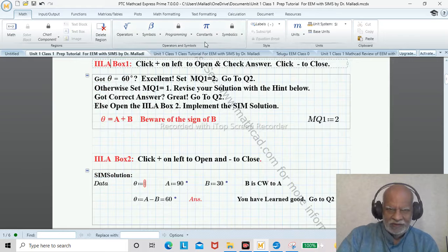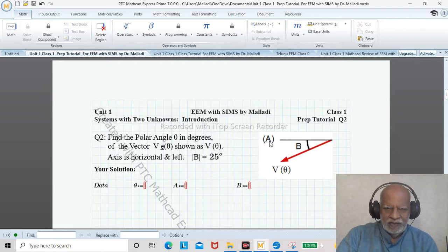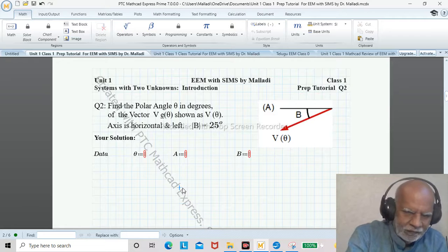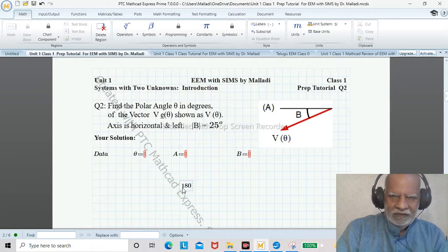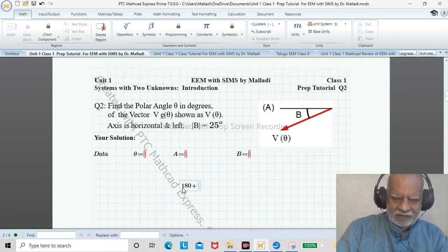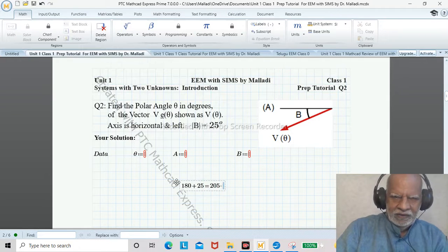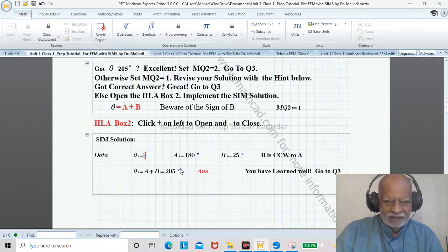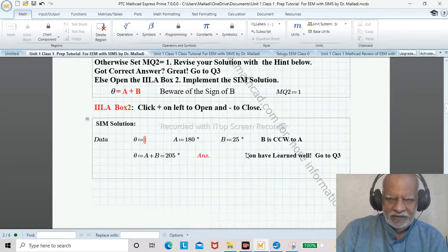The procedure is basically the same here. I did it. Then question number 2, I used a 180 degrees angle here, so I can put 180. I'm doing the calculator mode to save time, and the angle is positive here, so 25 and equal to, I got this. I put positive here because B is counterclockwise to A, this explanation.